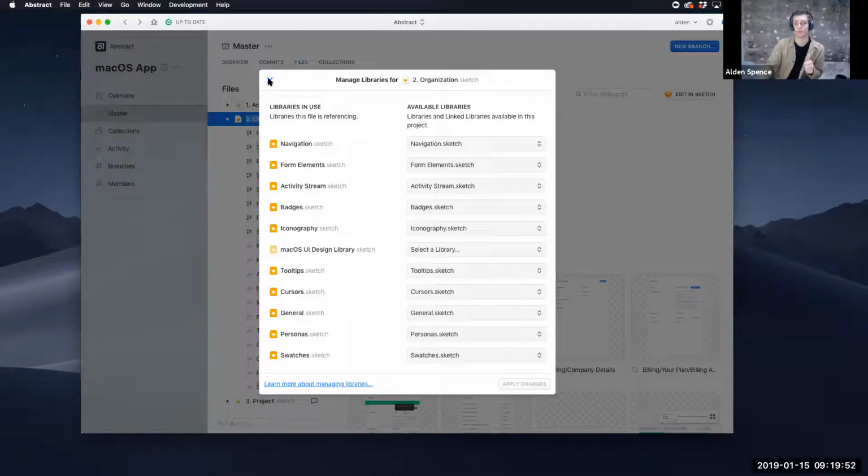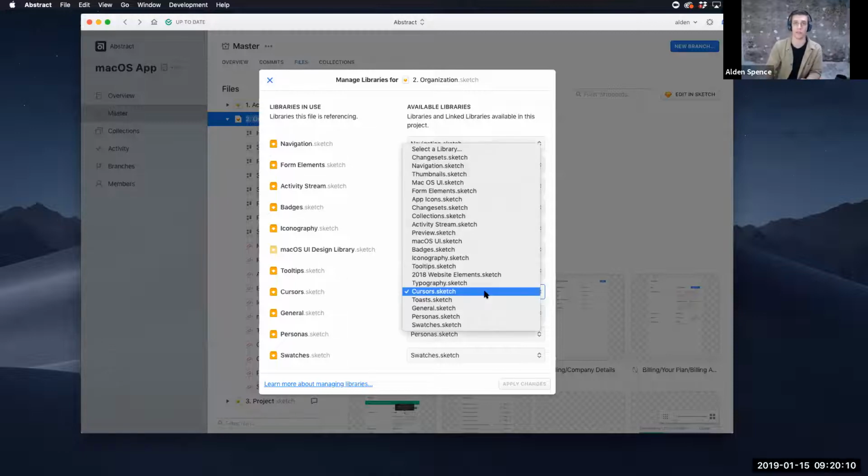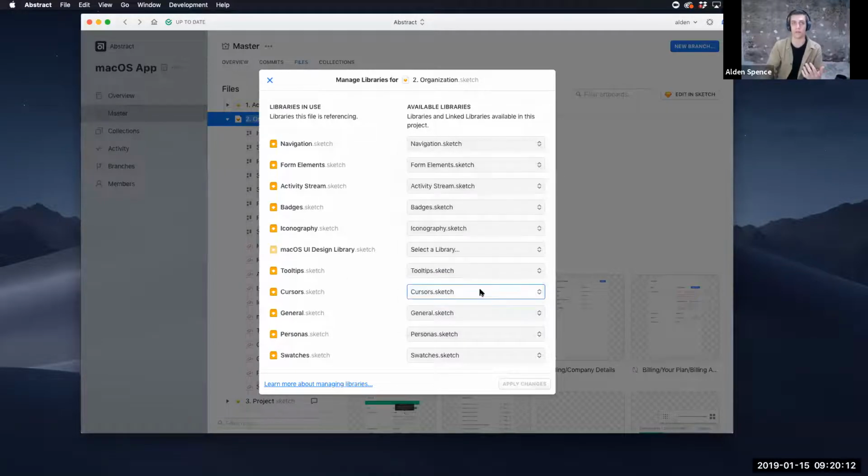Cool. This is a relatively new feature, so it's mostly for people onboarding and getting started. If we have existing library systems we're pulling from, and we're migrating to Abstract initially, I just want to make sure that I'm not referencing local copies, because I'm not going to be receiving updates from local copies. I want to make sure that I'm referencing the appropriate cursors library within Abstract, the appropriate personas or swatches library